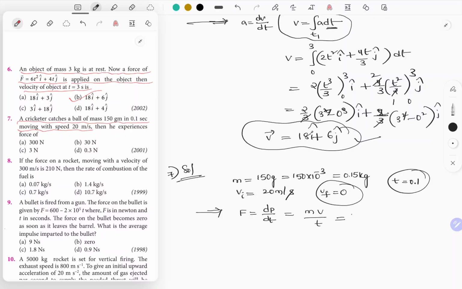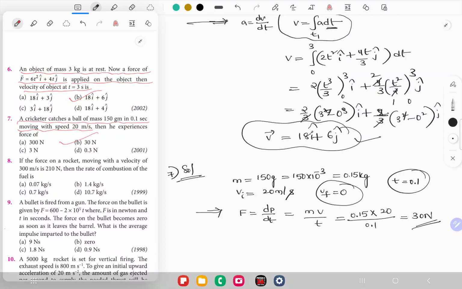Mass of the object is 0.15 kg. The object is the ball here, into velocity. Velocity is 20 divided by the time of this process, 0.1. Then 0.1 can be written as 1 by 10. 1 by 10 goes to the numerator, it will become 200. So 200 into 0.15, it is going to be 30 Newton. That's the answer. Question number 7, answer